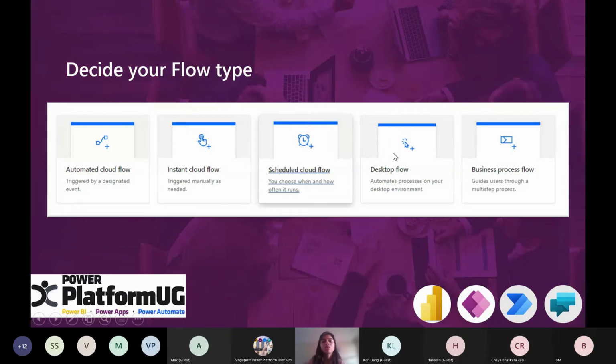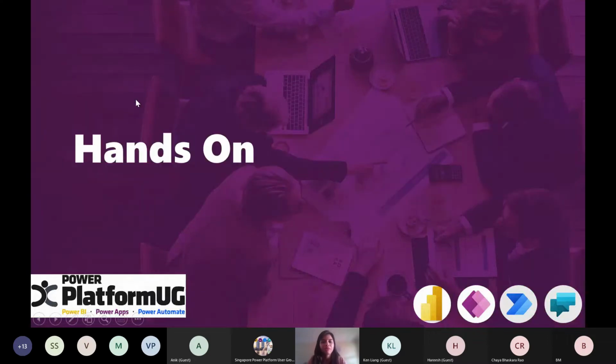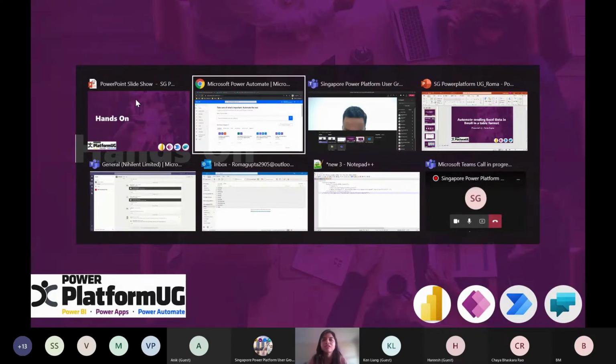The desktop flow is more on the RPA side of it. You can download Power Automate Desktop for that. Today we are mostly going to see the flow on the web version. Business process flow is an out-of-the-box flow in Dynamics 365 that uses stages and steps. It is very precise for those applications where you cannot move to the second step or process B until process A is done. That is where business process flow comes into the picture. Let me quickly show you the hands-on before wasting much time.